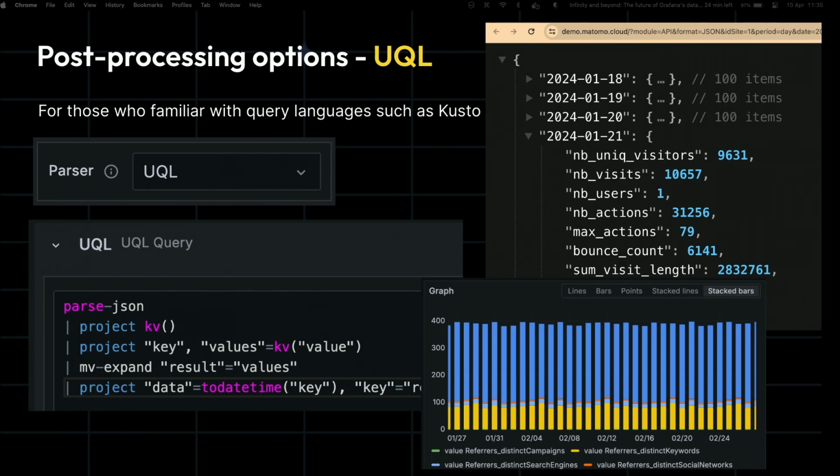It's a bit flexible in terms of parsing. It provides various options for post-processing of data, like filtering and manipulating things. Here in this example, I'm visualizing some data from an analytics site called Metabase demo data, with simple queries.